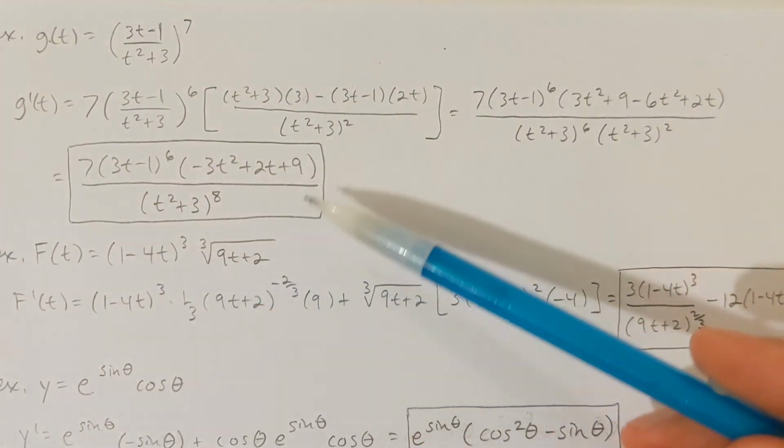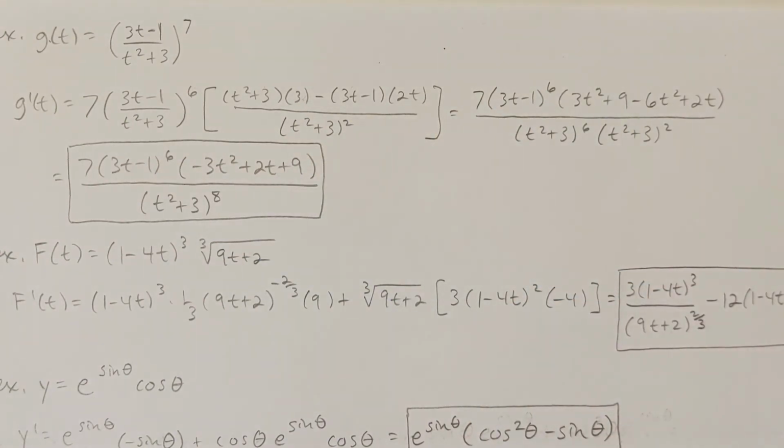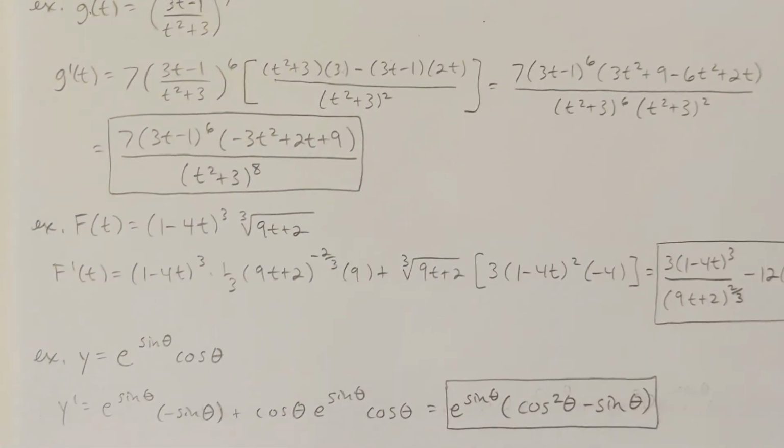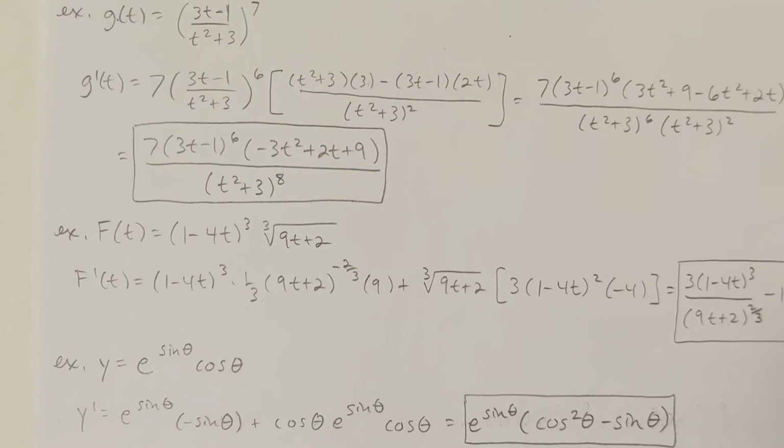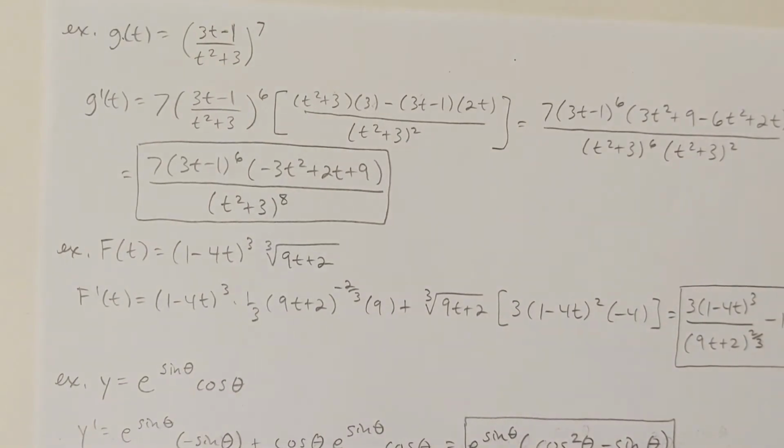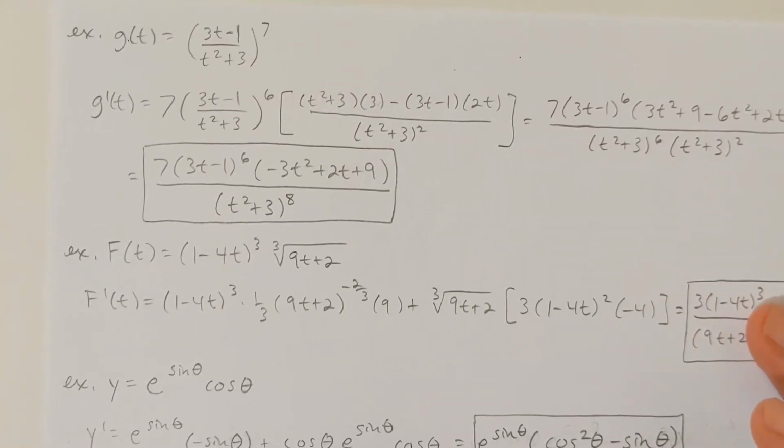And that would be as simplified as I can get it. Okay. So yeah, it'll sometimes happen where maybe you've got a chain rule, but inside of that you got a quotient rule, or maybe you got a product rule, and inside of that you got a chain rule. Okay, or maybe you got a chain rule, and inside of that you got another chain rule. So I like this section in that